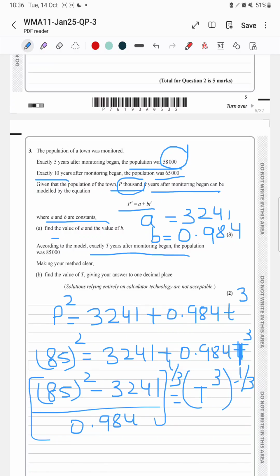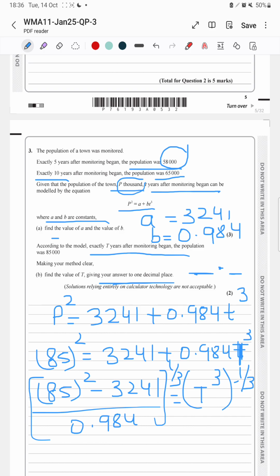So first we will calculate it, and they said you have to give your answer to one decimal place. So something like this should be the answer. So we will calculate this value now step by step. So we have to calculate 85 squared, and then whatever we get, we have to subtract 3241 from there, and then we have to divide it by